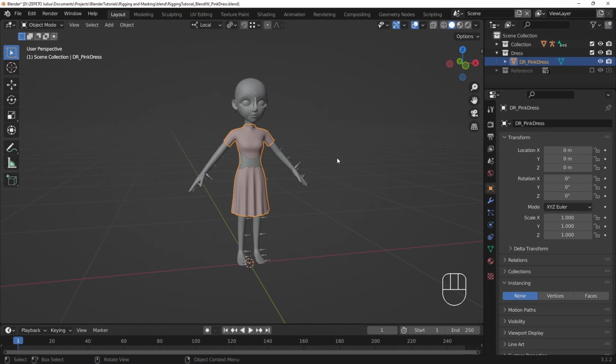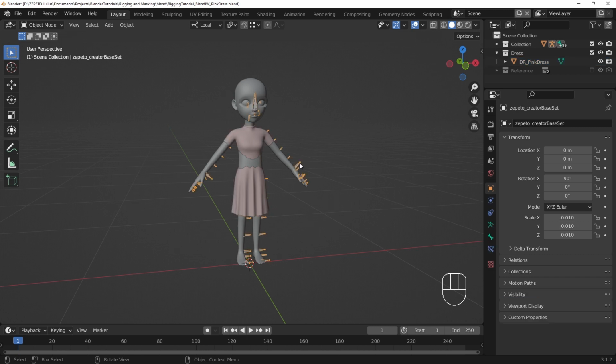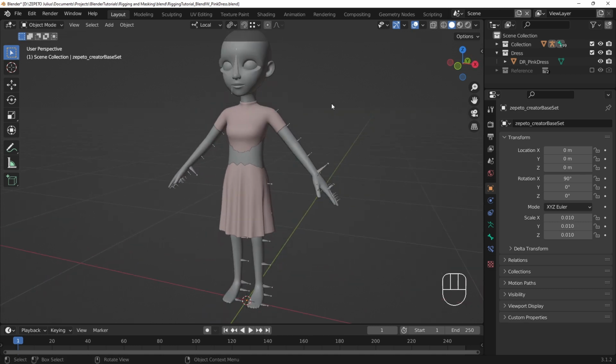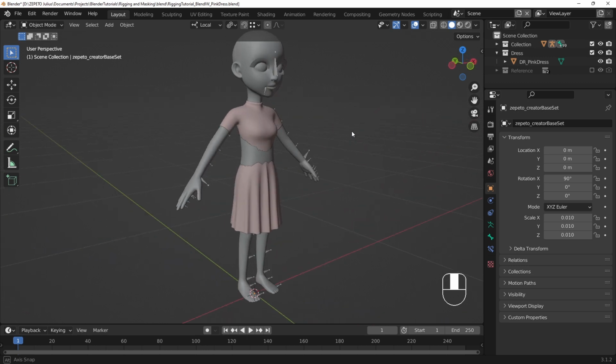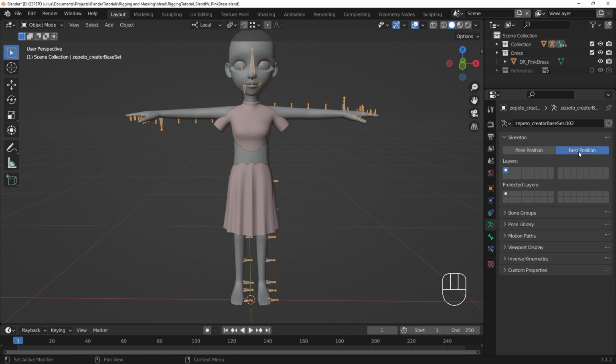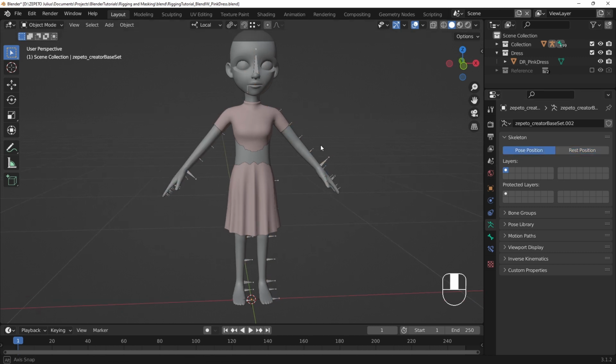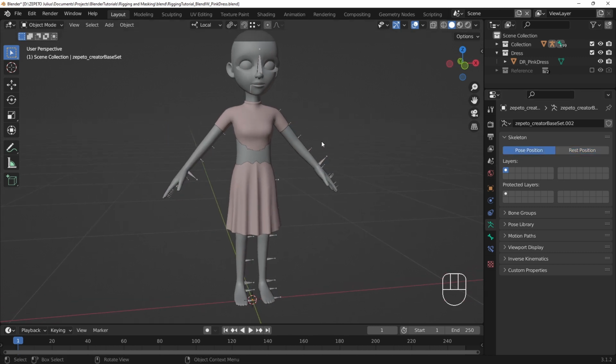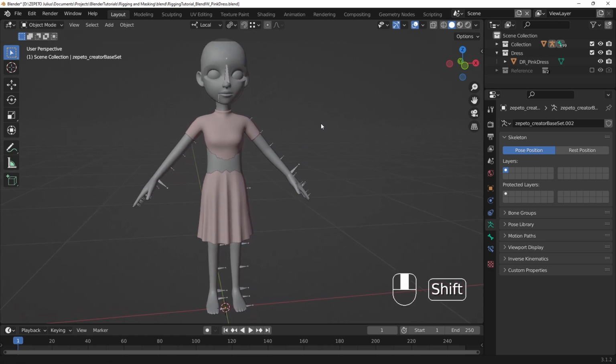Now, let's check the armature object. If the item was modeled in an A pose, the skeleton that we're going to rig should be in the same pose. If you modeled your item in the default T pose, feel free to skip ahead. Blender's system for rigging binds the model to the rest pose of the model. If the item is modeled off of a pose other than the default T pose, we could change the item model to fit the T pose, or we can simply alter the rig to allow the item to be bound correctly. To preserve the original rig's T pose, I prefer to make a duplicate of the Creator Base Set rig.